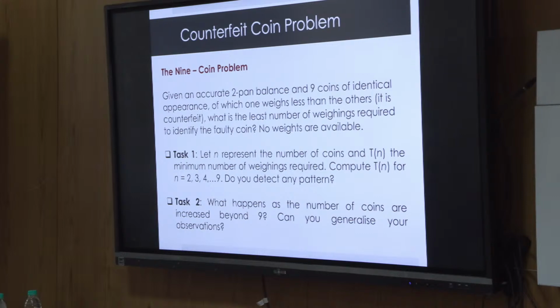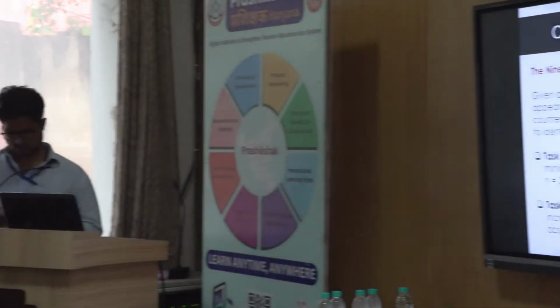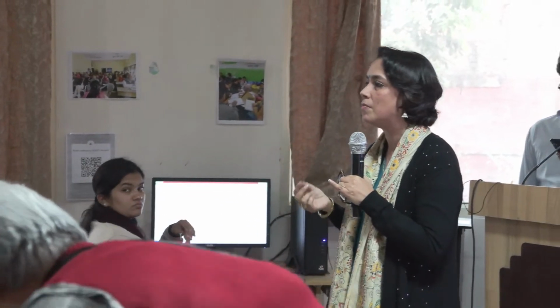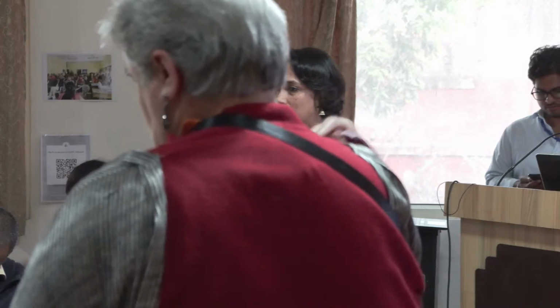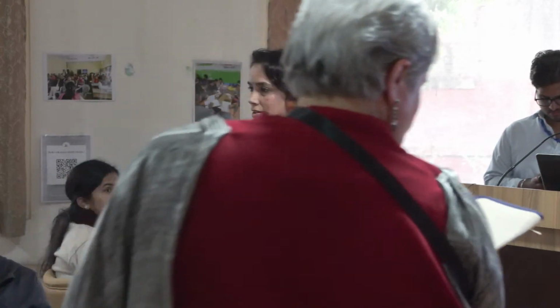If there are four, with four it goes to two, because you will put two on each side. Then whichever is lighter, you have to do one more weighing. For five, so two goes up to 9, right? So five also 2, 3, or 6 also 2. So right from 4 coins to 9 coins, the minimum number of weighings will be 2. But when do we need 3 then? What about 10? For 10 coins, will we need 3 weighings?